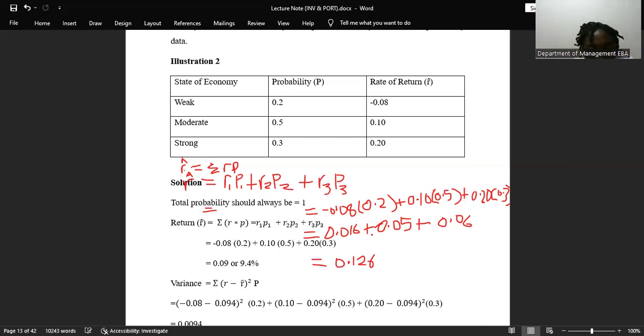Since the result is different from it, I'm going to do, okay? So this is negative. Please, this is negative 0.08 times 0.2. Okay, so that's negative. So let's see, negative 0.016 plus 0.05 plus 0.06. Okay, so we are getting there. All right, so this base is supposed to be negative, which is it then? So 0.094,